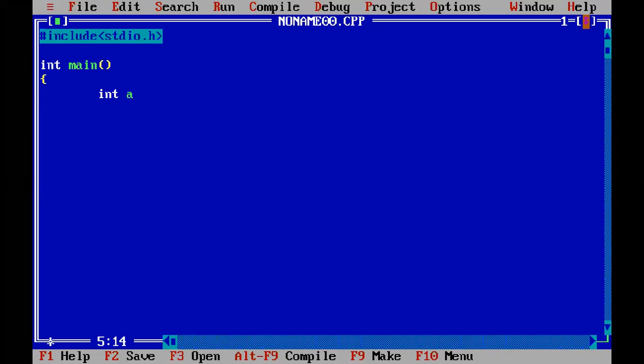First, I will take any three numbers A, B, and C. Okay, we will give user input. Whenever you give input, it will be user input. For user input, what will you do? You will have to write scanfs. You have to give input using scanf statement, scanf function.